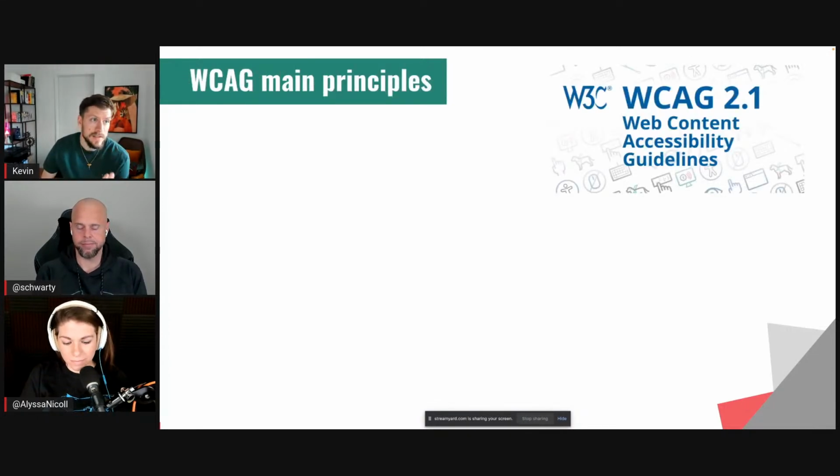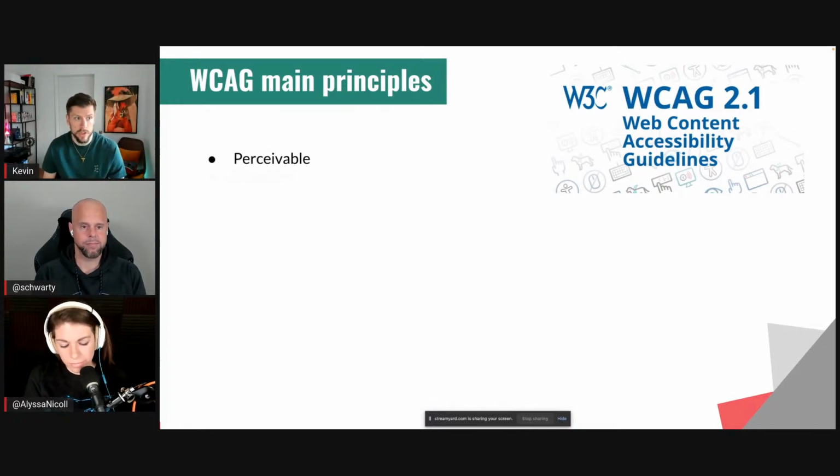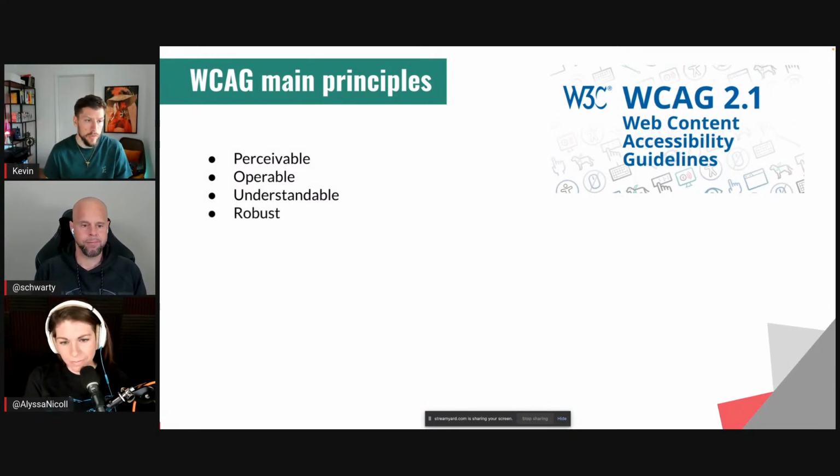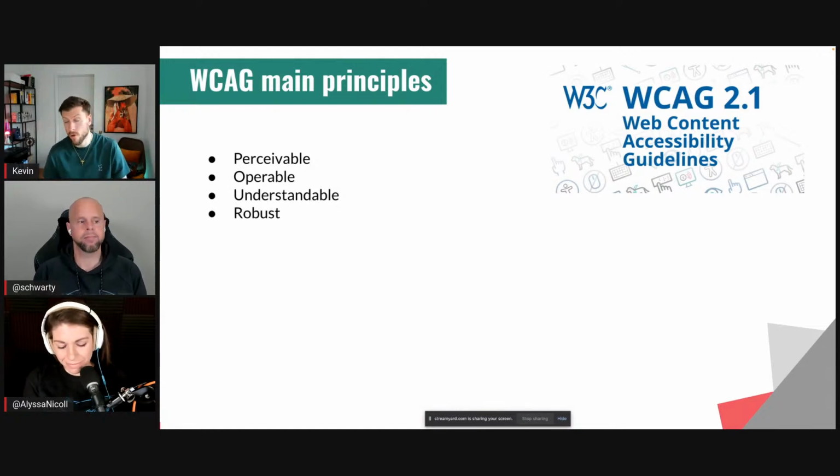And these guidelines have some main principles. Every content should be perceivable, meaning you should not have hidden elements on your page that are really hard to reach. It should be operable, so everything should be accessible via keyboard and navigable, and you should be able to interact with the page. It should be understandable, so you should have a clean page structure that people can really understand the content. And it should be robust, meaning it should not break, for example, if you access it on a mobile phone or on other browsers. So those are all main principles.